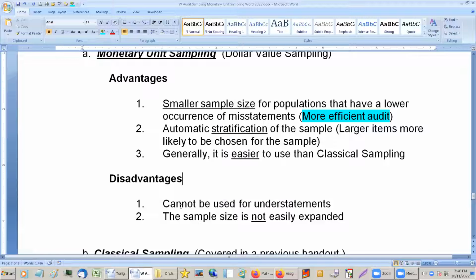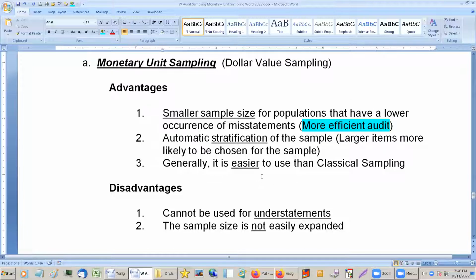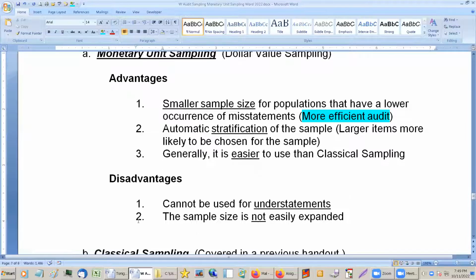Disadvantages, and a couple of them are big. It cannot be used for understatements. In fact, it's so bad at understatements, we ignore them. So if you think the accounts might be understated, this is not the method to use. And the sample size is not easily expanded. What that means is that if you do run into a problem,